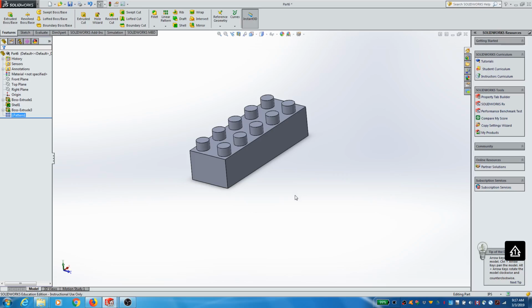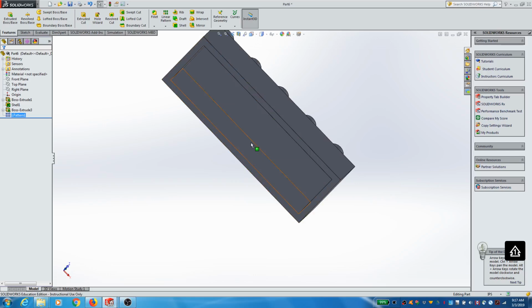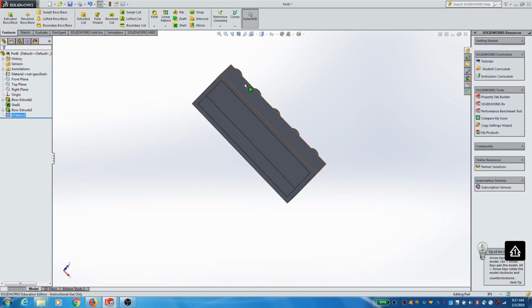So let's say that I need to create another bridge or something on the inside of this Lego, right? So I need to basically make a feature somewhere in the middle of this bottom surface on the Lego, okay? And it's going to be,